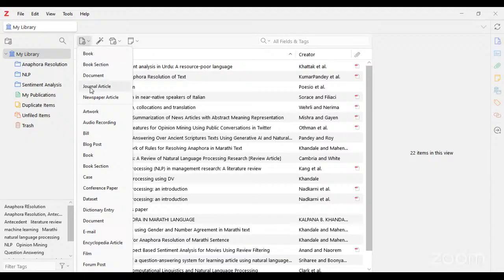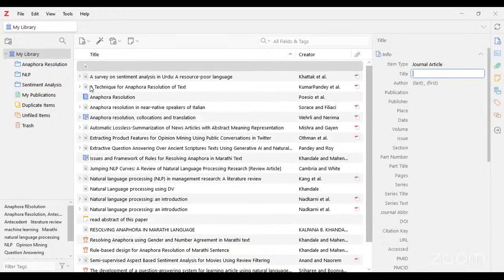Suppose I select journal article. In the third section you can see Info, where you have to write the title of your paper which you have to add into the library. Suppose I write here "Text Retrieval in NLP."